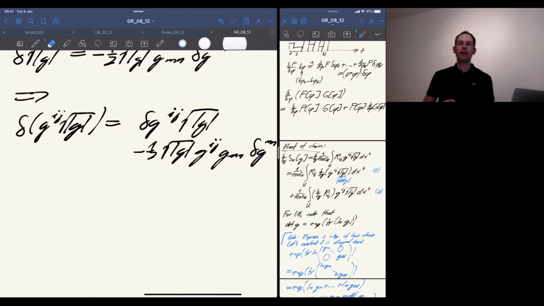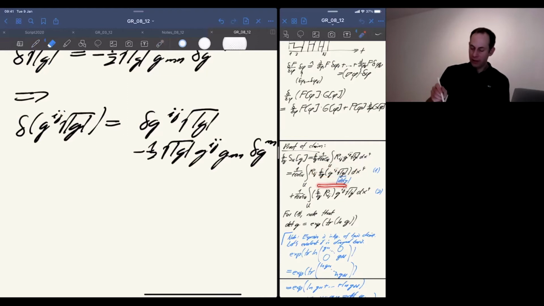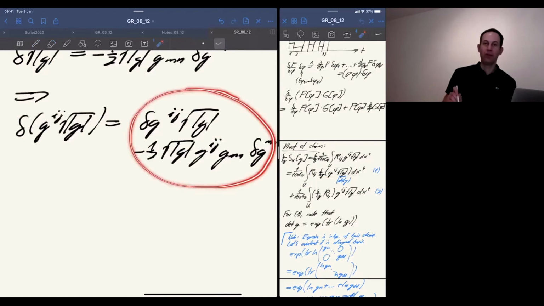Okay, if not, then I will now continue. It's 5 o'clock. So what did we do so far? We essentially wanted to prove this variation claim. We wrote it using the product rule as a sum of two terms. And so far we just calculated explicitly this term here that appears in the integral, and we found that this term equals the expression that we see here on the screen.